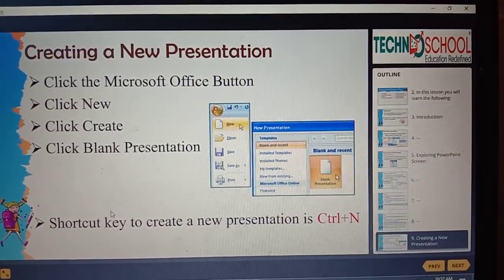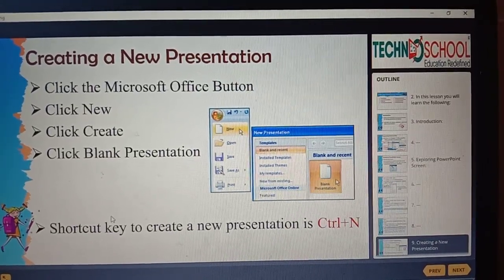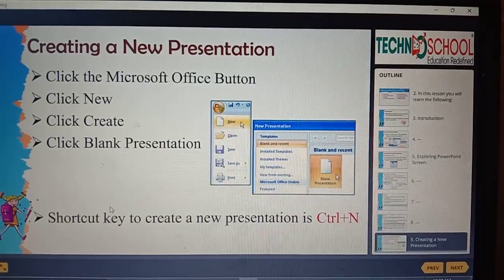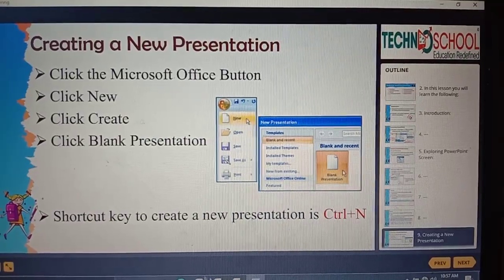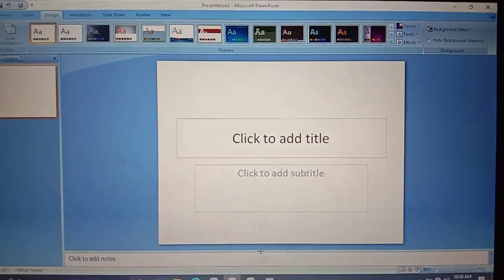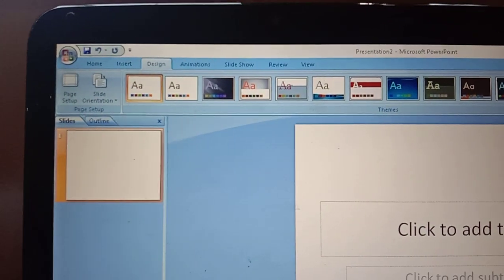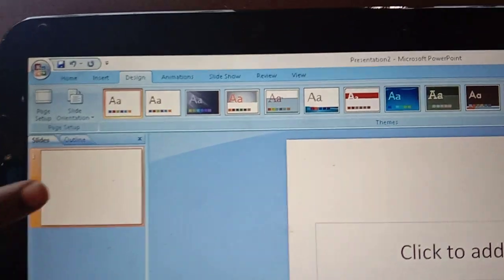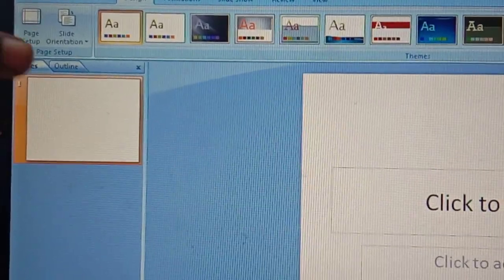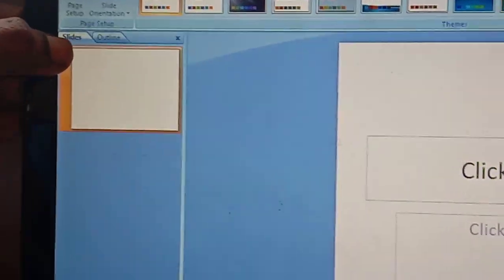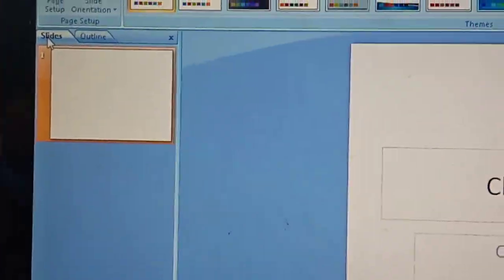Okay. As of now, we know what components we have in our presentation window, and we have more components in it. Now I'll show you what those are. See here, this is our slide pane, where you can view all your slides. For example, if I created more than 10 slides, those 10 slides will be displayed here. I'll use my mouse arrow. You just see here, this is our slide pane.